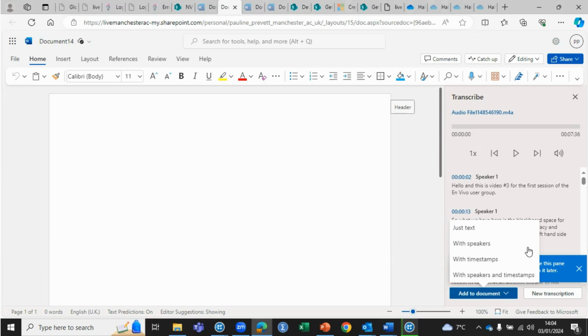Now, with regard to using NVivo, although the speakers and timestamps is very useful, if you're going to be, say, using any features such as auto-coding to help separate the speaker talk from the interviewee talk from the interviewer talk, you're best to go just with speakers.